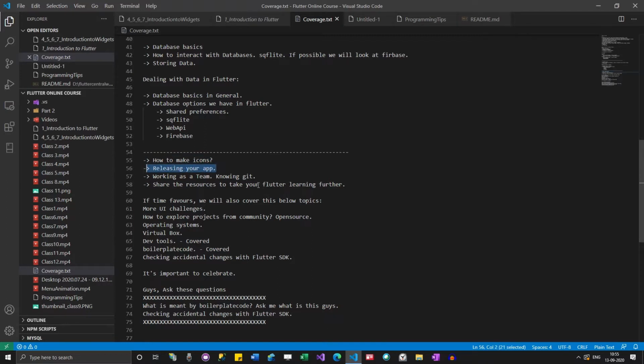So when it comes to releasing your apps, you are not bothered about that during the initial stages of development. Okay, when you are actually developing your app, we are not bothered about releasing it.